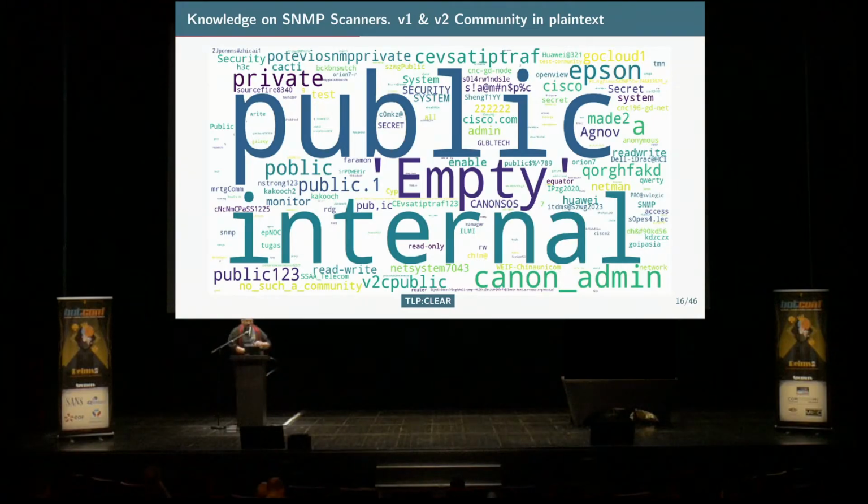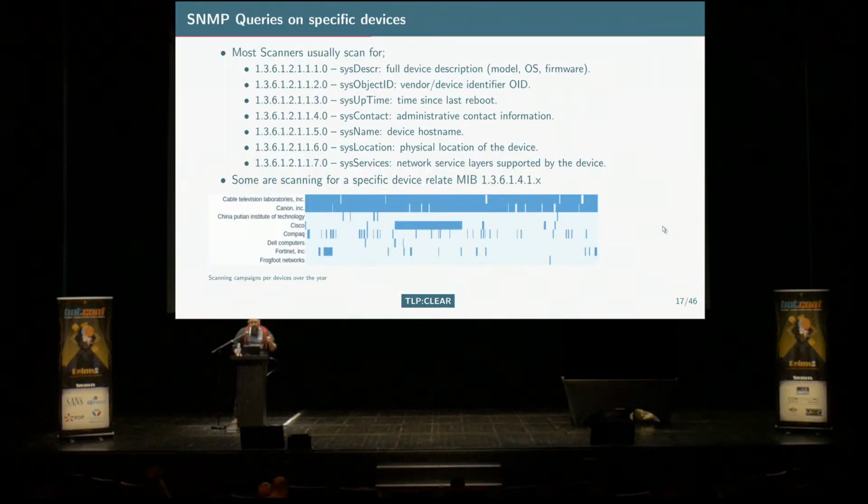As I said before, there are a couple of protocols that are giving a lot of data. For example, SNMP. So in SNMP, in V1 and V2, the community is sent in clear. So you can make some nice picture like that, which is totally useless, to have the list of all the communities used by the scanner, which is interesting because there you have, let's say, bad people trying to access some devices. So most of the time, they scan for the basic SNMP information to get information about the name of the device, things like that.